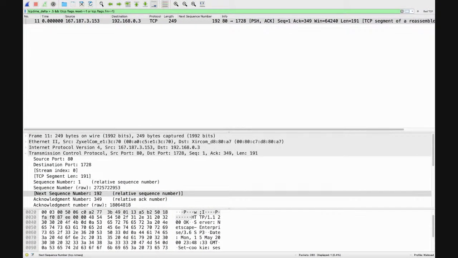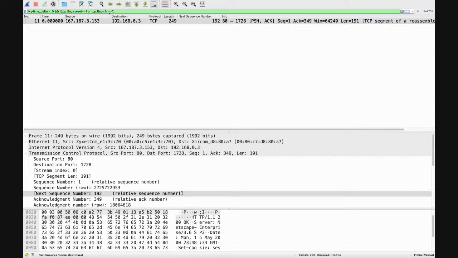Now, let me make my screen bigger again. Sorry about that, I keep forgetting to do that. But now, in this case, we've got this filter: TCP delta greater than half a second, and not TCP flags reset equal 1 or TCP flags fin equal 1. So exclude the FINs and the resets.